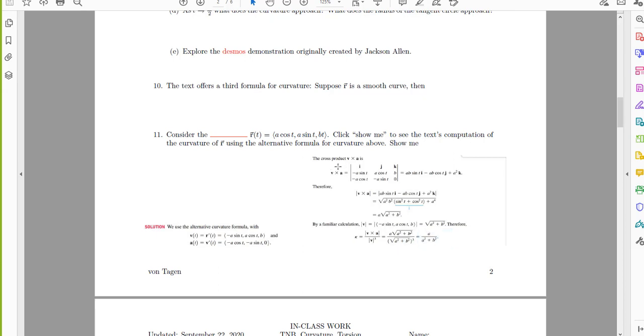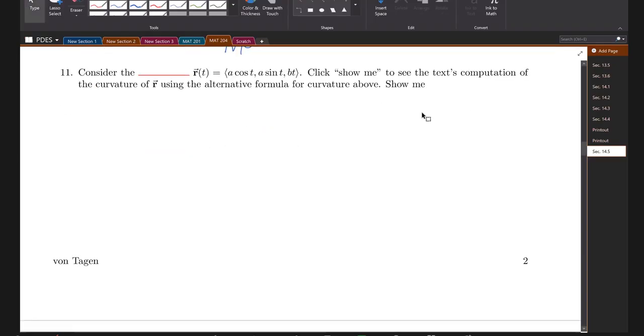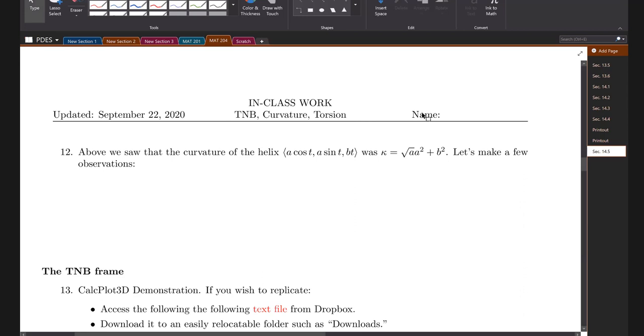Okay? So I think it's worth looking through that. I'll let you guys copy that. There's lots of other derivations of it, and it may be worth searching for: how do you calculate the curvature of a helix? But I want to just go ahead and use that information real quick. So on that previous page, we saw that the curvature for a helix is